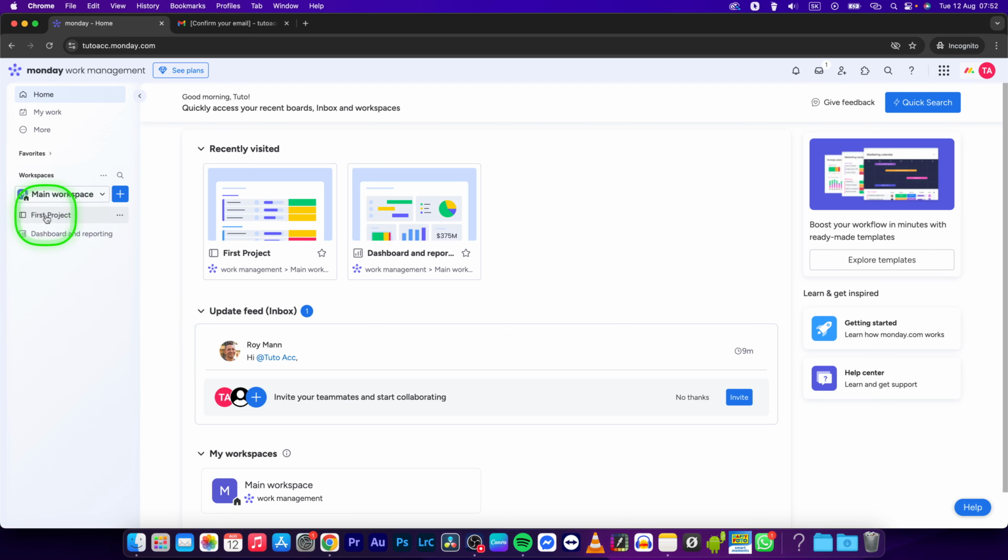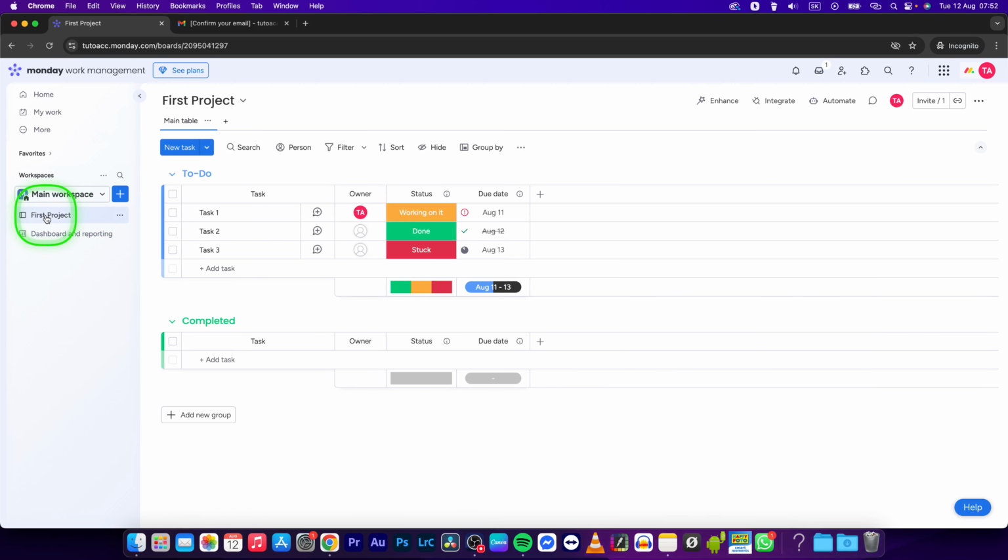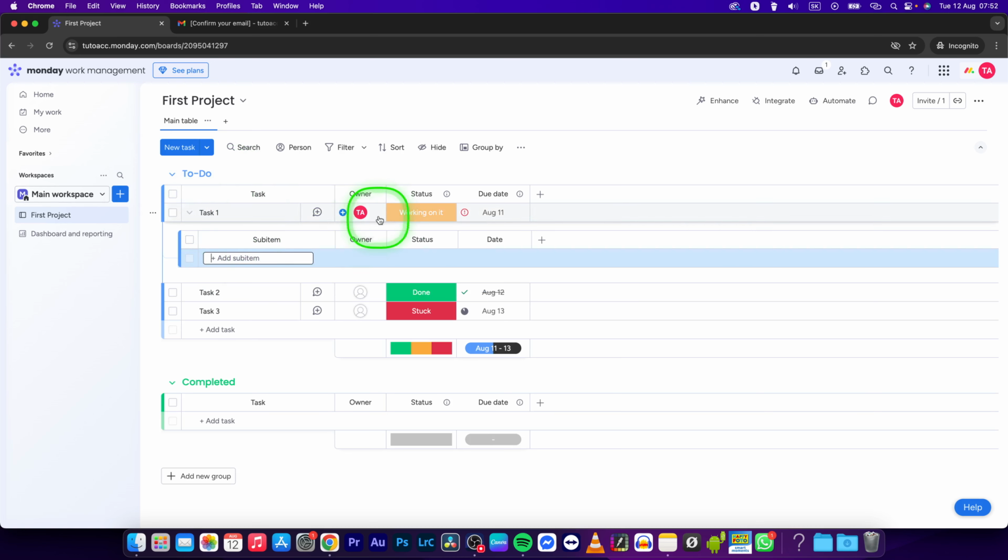First, open up the project where you want to add your sub-items. Then, in order to add a sub-item, simply expand this item with this arrow. Now you can add a sub-item name, so let's say